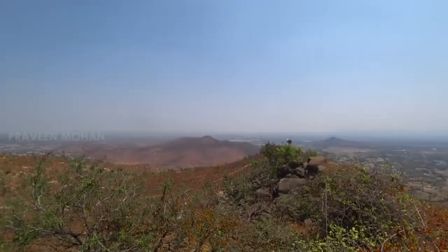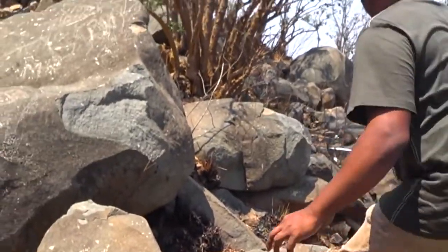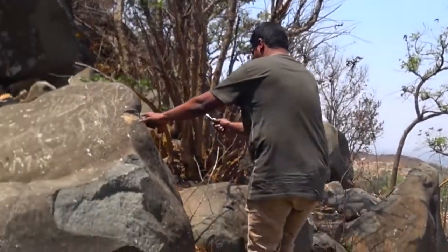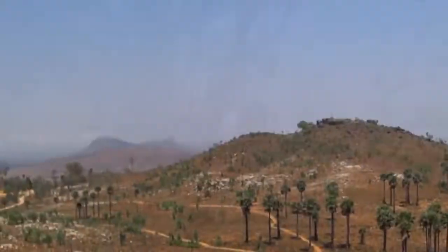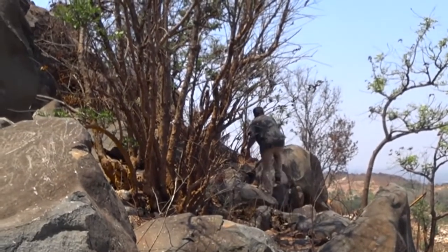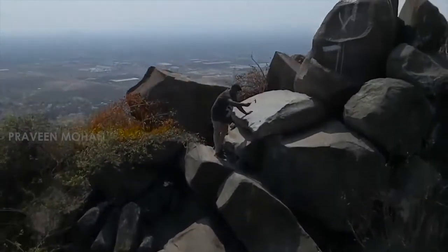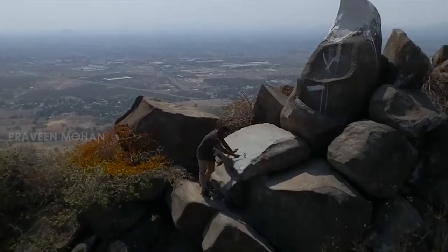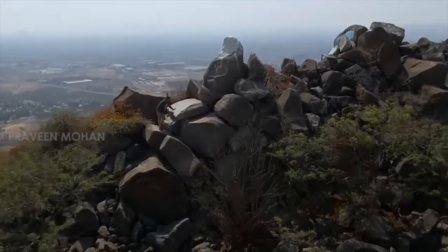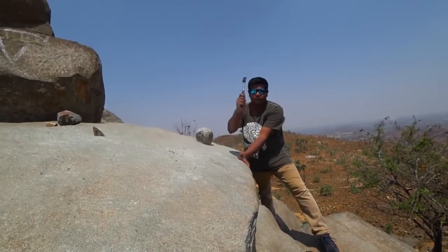This place is called Kanchanagiri in South India, and this is the place where Lord Shiva has his musical instrument. It's somewhere over here, and it's my job to find it. And that's exactly what I'm gonna do. Now,